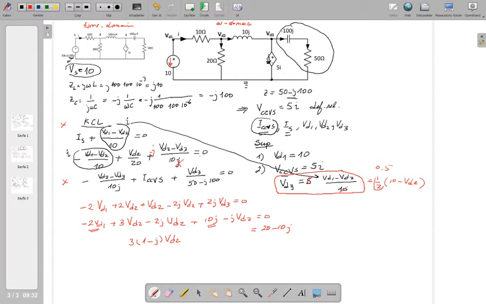Okay. So from that, VD2 is equal, if you put 10 in parentheses, 2 minus j over 3 minus j. If you multiply both of them by the complex conjugate of this one, 1 plus j, and do the calculation, you're going to end up with a phasor. This phasor is going to be, come back to that,